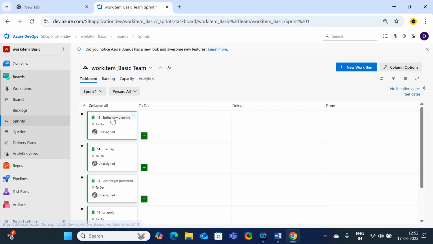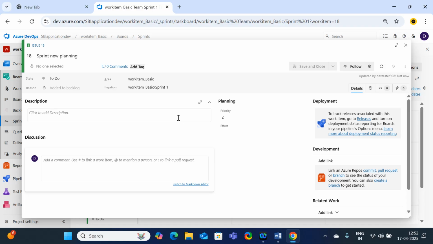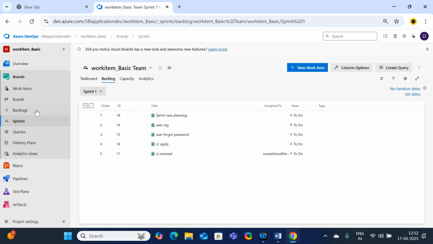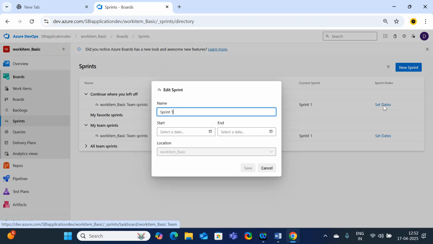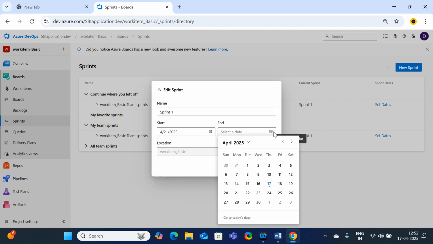Okay, for the new sprint planning, just click here, and here you just need to set some kind of timelines. Here I will get the option, generally Sprints. Okay, set dates. I'm going to set Sprint 1 with this time frame, from the 21st of April, generally for